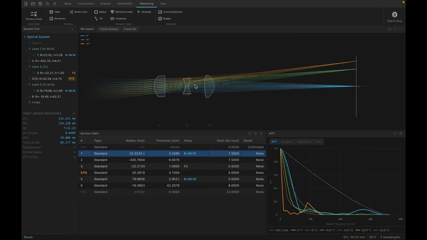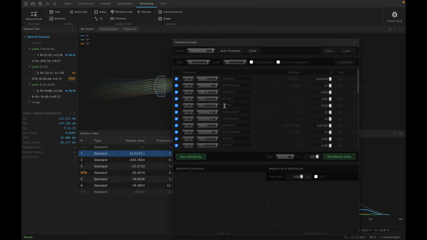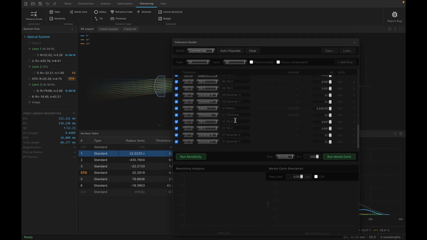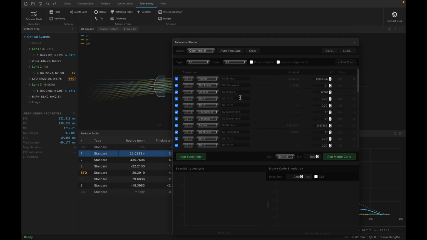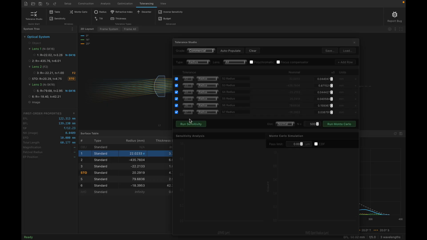In the tolerancing tab, if you're planning on actually building a system in real life, it's important to know which surfaces you need to worry about tolerances most for. So we can open the tolerance studio, and by default, all of the possible deviations from the ideal system are listed here, or all the ones that the software handles. But we can change that. So if we just want to look at radii, we can hit this and then auto-populate and run a sensitivity,